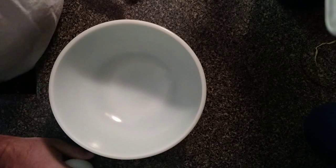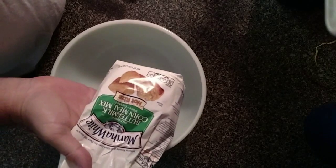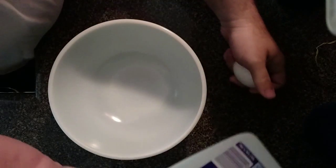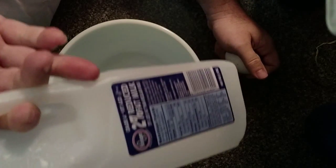I have 2 eggs. I got a little bit of Martha White right there. That's the good stuff. A little bit of Kroger milk, nothing like milk. And